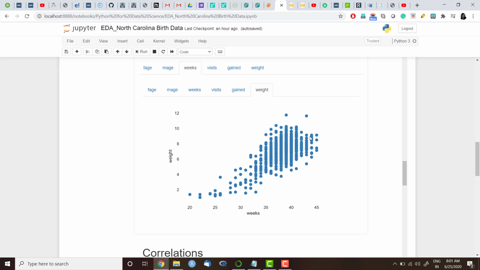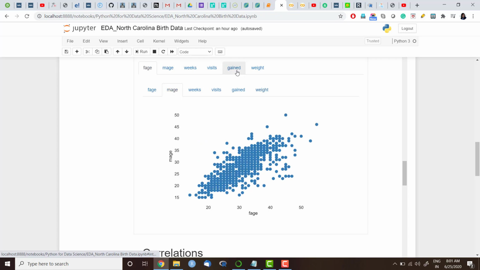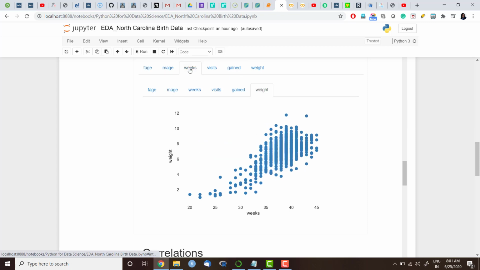We will verify it with correlation also. So these kinds of association plots you can always look at by clicking on different combinations of variables, and you can understand. You see here weeks of pregnancy is a discrete variable. Father's and mother's age are continuous variables, but weeks is a discrete variable. So you will see that kind of scale here.